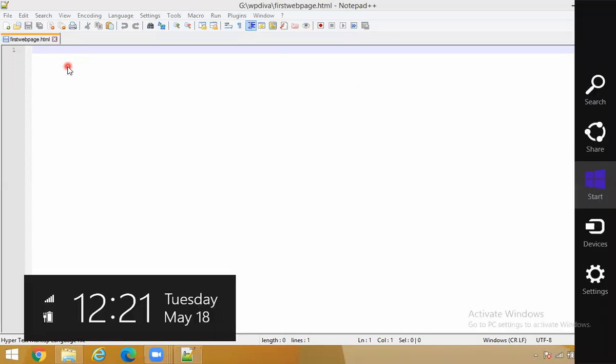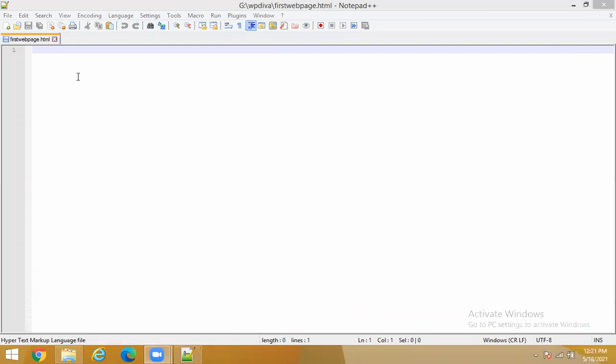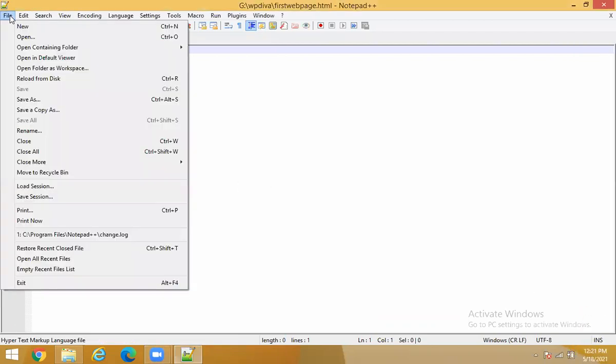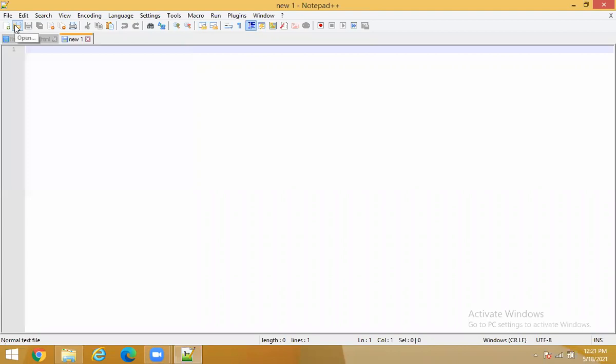Now, what is the procedure to create a file here? I will go for an option called File. If you have a notebook near you, you can note it down. This is also available in the PPT. So I go for file, then I go for new, and the file is created. The default name will be new one. So this is the default file which is created.